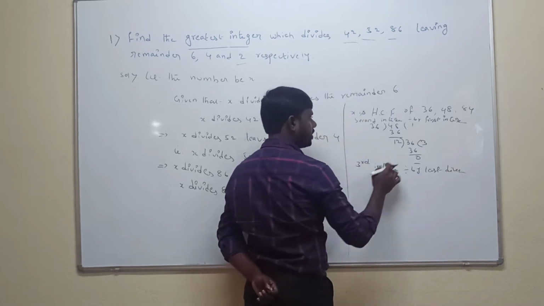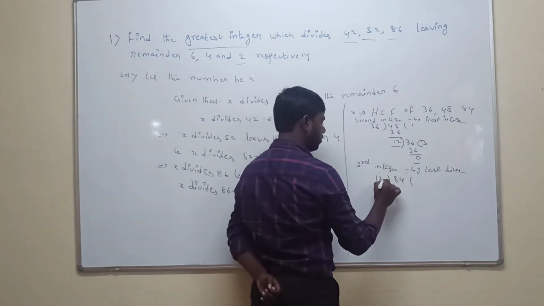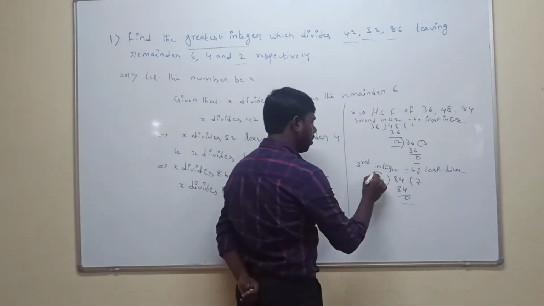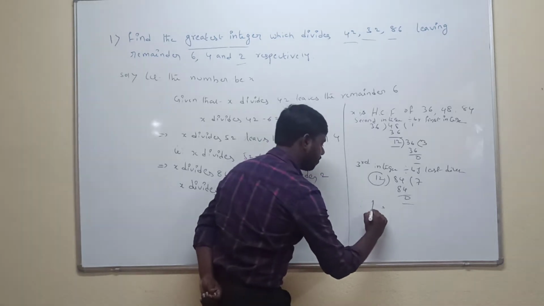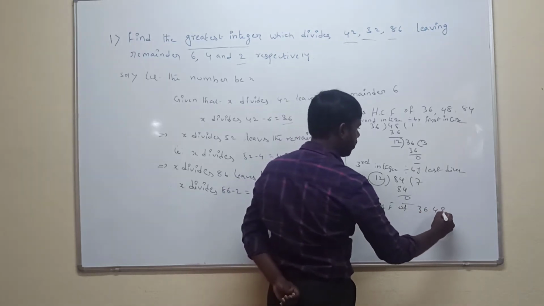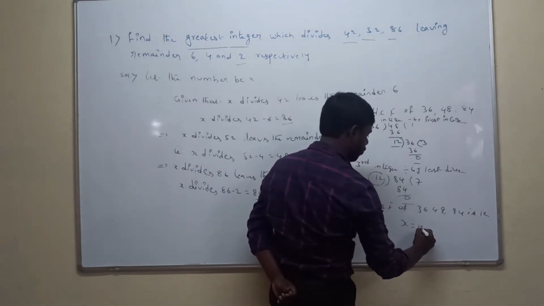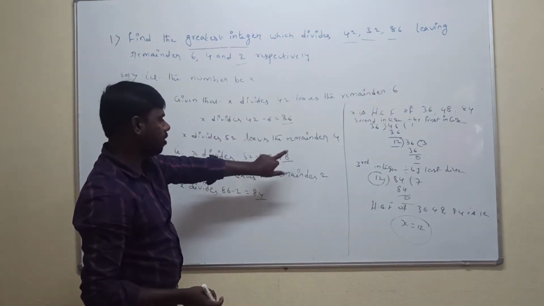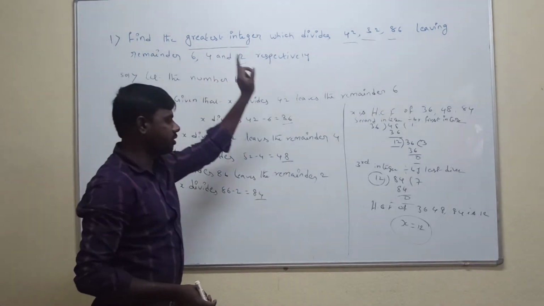What is the third integer? 84, divided by the last divisor, which is 12. 12 times 7 is 84. So what is the last divisor? It is called the HCF. Therefore x is the HCF of 36, 48, 84, which is 12. So x is 12. 12 divides the given numbers: 36 is divisible by 12, 48 is divisible by 12, and 84 is also divisible by 12. So the greatest integer value is 12.